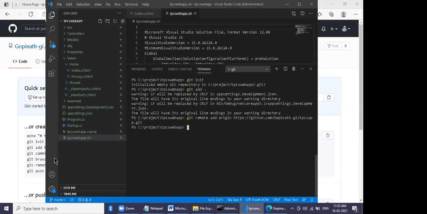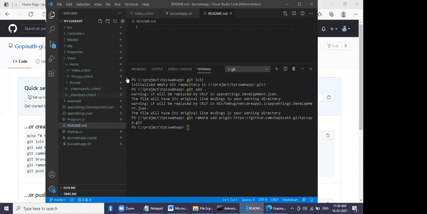Not here, on the left-hand side in the IDE. Go up, you have a plus sign. Name it README in capital letters, dot md in small. Hit enter.